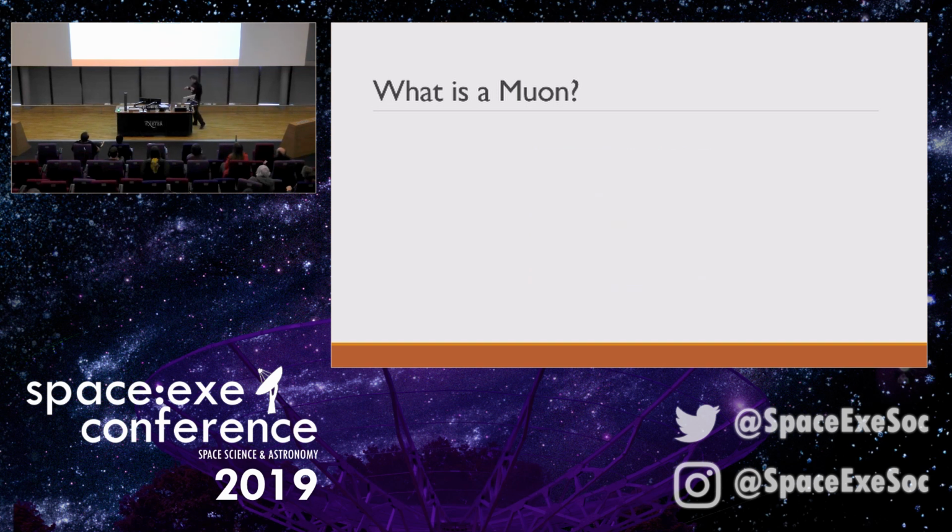Well, a muon is essentially an exotic particle. And what do I mean by that? Well, we have our normal particles, which are the protons, neutrons, electrons, everything that makes up me, you, the table, the screen, all of that stuff. And then everything that's not a normal particle is an exotic particle. Like muons and tauons and muon neutrinos, tauon neutrinos, photons, but there are so many of them. They go on and on and on, and then you have all the quarks and the mesons, and after that, you have the quasi-particles. So yeah, this isn't a good way of categorizing things, but it's how physics does it.